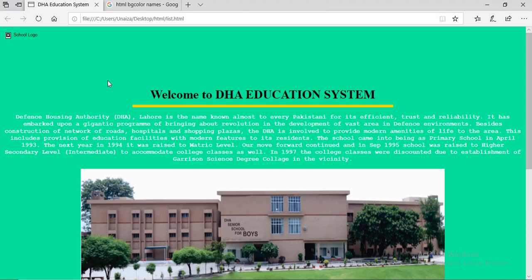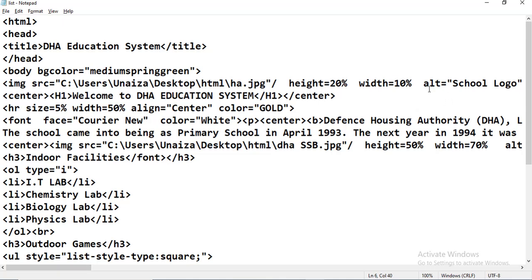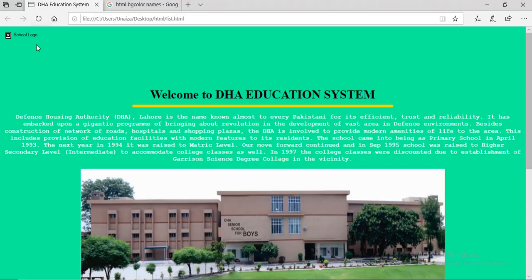What does it mean? It means that you have missed something. But besides that, it's written school logo. That is ALT. If the image is missing and something is written in place of that image, it conventionally looks good.